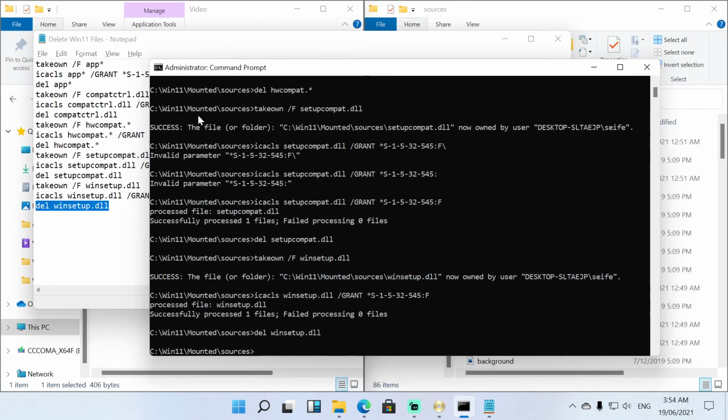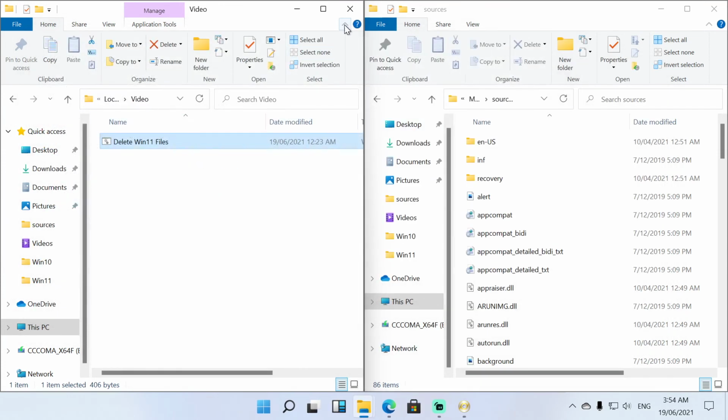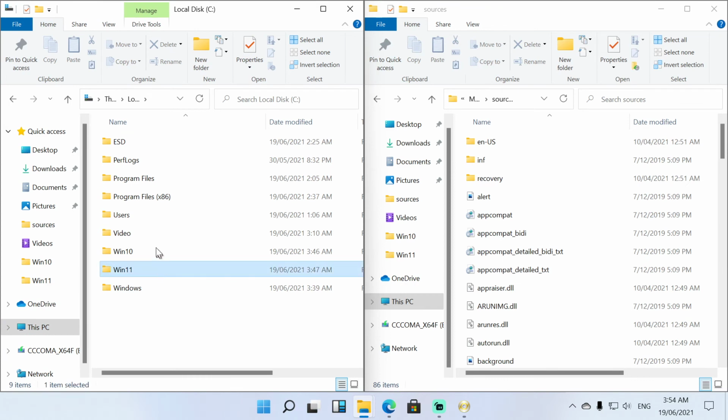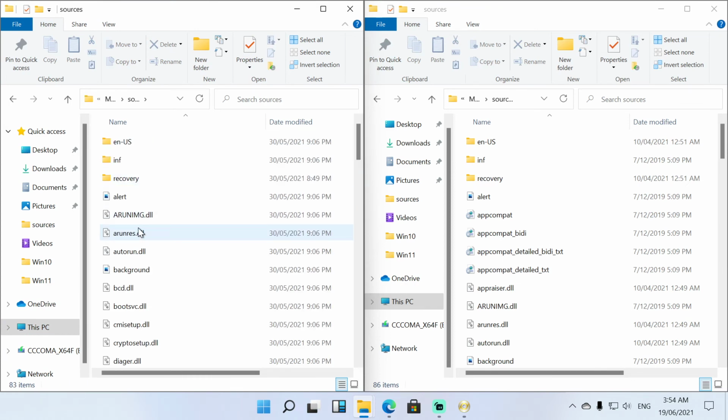Alright, so now that all those files have been deleted, we can now move on to actually putting the correct files in their place. So I'm going to go back to that Windows 11 mounted sources. So we notice now that all those app compat files are missing and a bunch of others that we've deleted. So what we want to do is grab from our Windows 10 boot Wim source, we want to grab these files here,